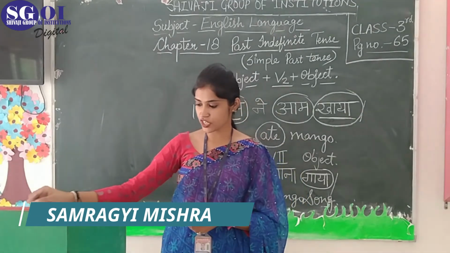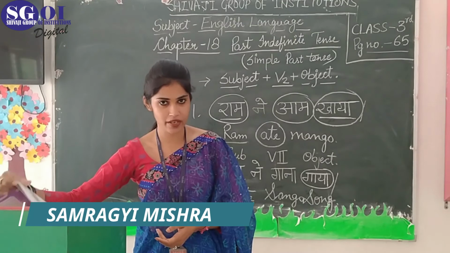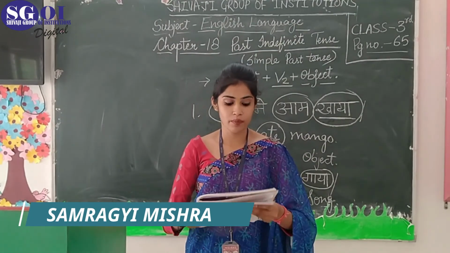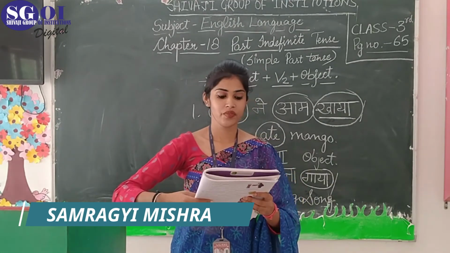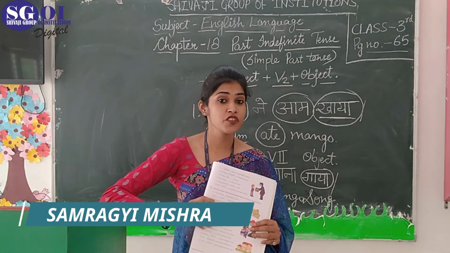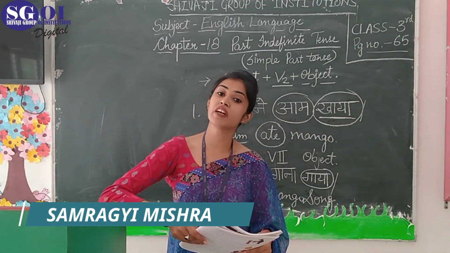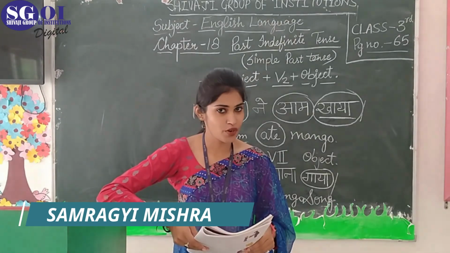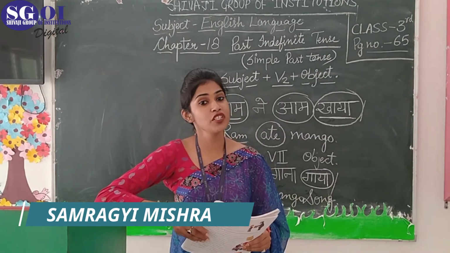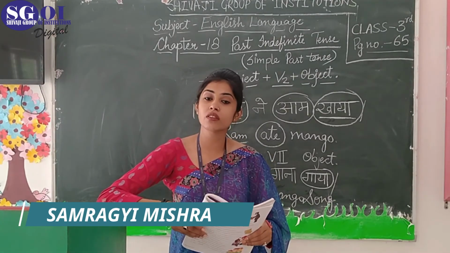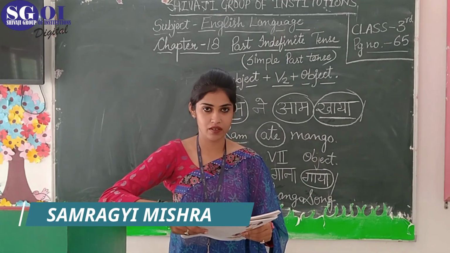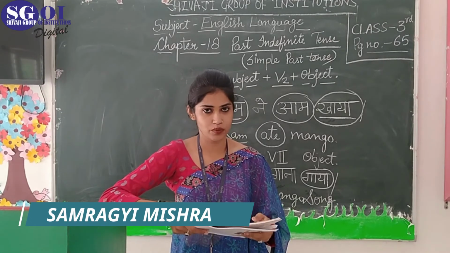Now open up your book, page number 66. Let's do the exercise which is given on page number 66. Fill in the blanks with the past form of the verb. That means the first form is given here and we have to convert the first form into the second form, and for that you have to learn the verb's first form, second form and also third form, which will be used somewhere. At which place I will tell you.